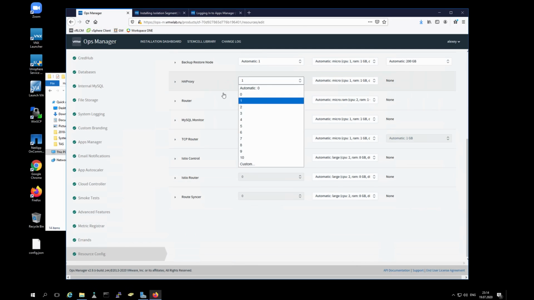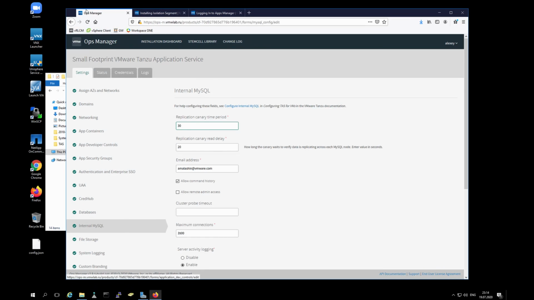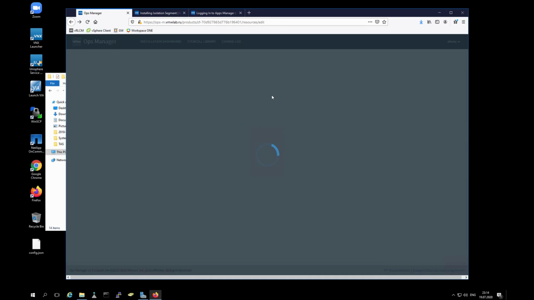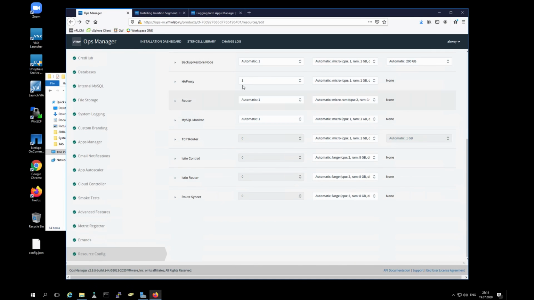I need only one instance because it is a small deployment. Oh, sorry, I've pressed another menu item. And after I set HA proxy for one copy, Ops Manager deployed another VM, installed HA proxy there, and